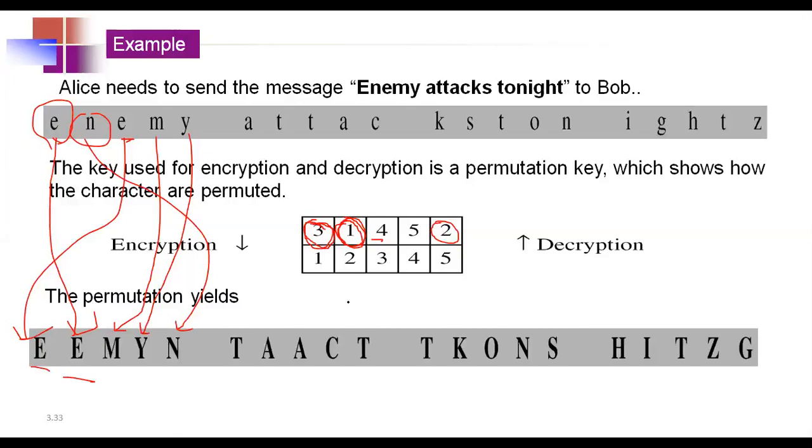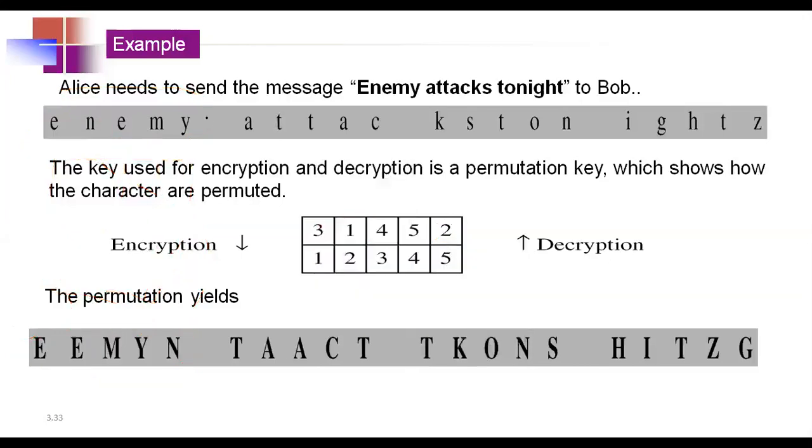So this 3, 1, 4, 5, 2 indicates the first character in the ciphertext is the third character of the plain text. The second character of the ciphertext is the first character of the plain text. The third character of the ciphertext is the 4th character, like this. Similarly, this is for the first block, EMYN. Then for the second block also,